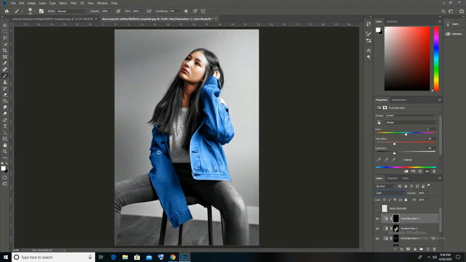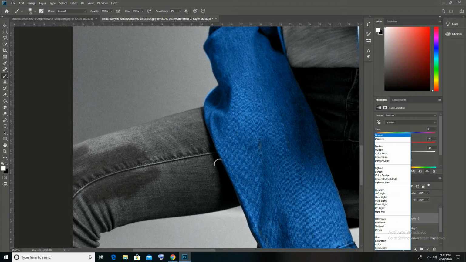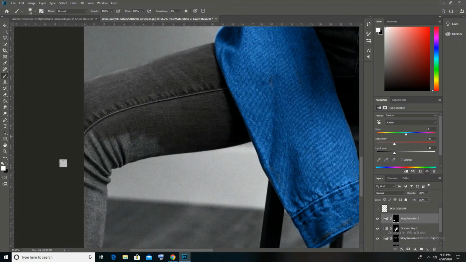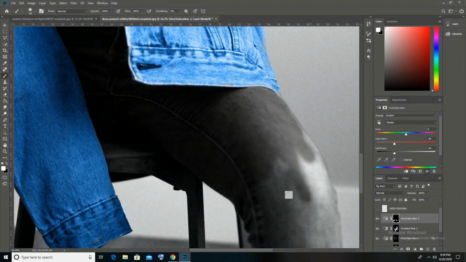Press Ctrl+I on the layer mask and start painting. But I think the color option is not working, so we'll put the layer back to normal and start painting. And you can see we have got a darker gray shade on the jeans.